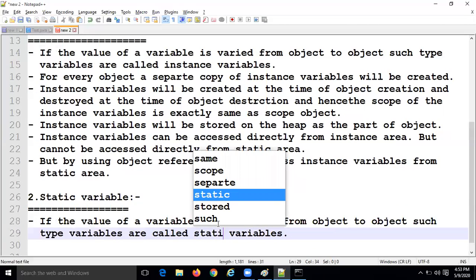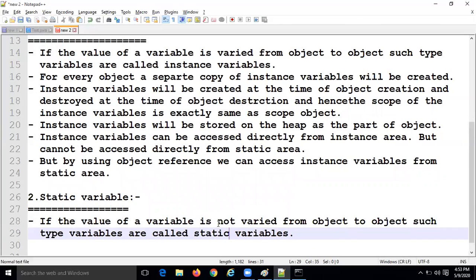Simply static. For every object, a separate copy of the instance variables will be created. But in the case of static, for the entire class only one copy will be created.